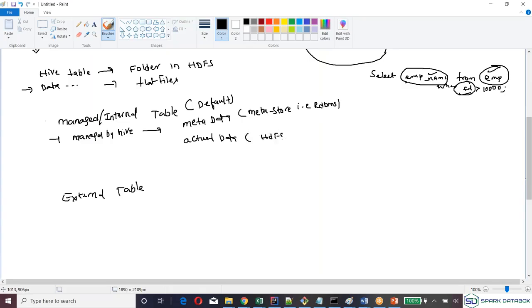HDFS. So when you create a table, by default it's a managed table. The table's metadata goes to the metastore, and the actual data you are referring to will be in HDFS.